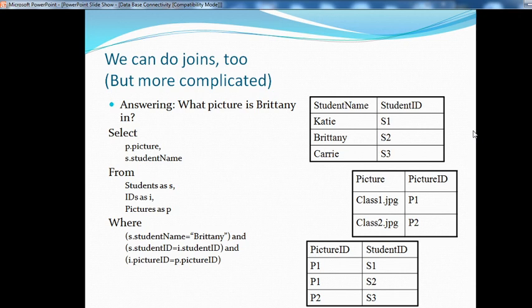In this lecture we have seen MySQL: how to create, how to insert, how to update, and how to retrieve data by selecting with particular conditions. Okay, thank you for listening.